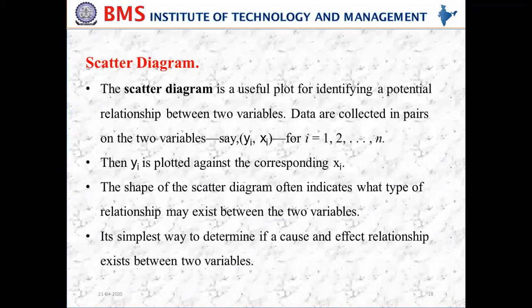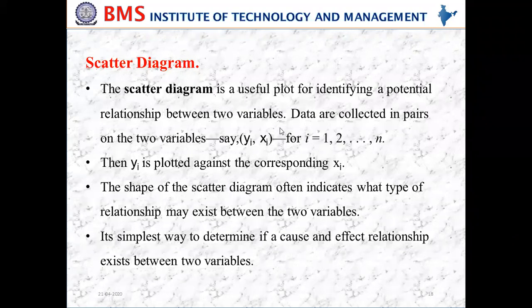And we'll move to the next, more important quality control tool, which is the scatter diagram. A scatter diagram is generally used to identify the relationship between two variables. If I want to identify the relationship between the two variables, meaning if one variable is varying, how does the other variable vary? If I am varying the x, how does the y vary? So if there is a relationship between the two variables, I am going to use this kind of